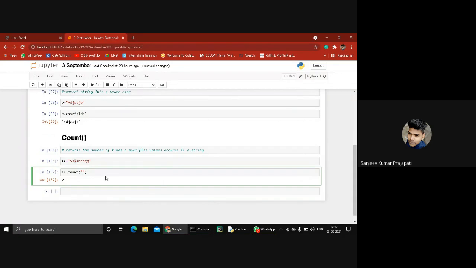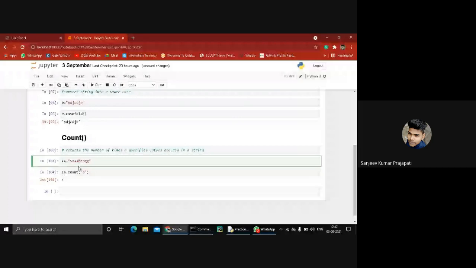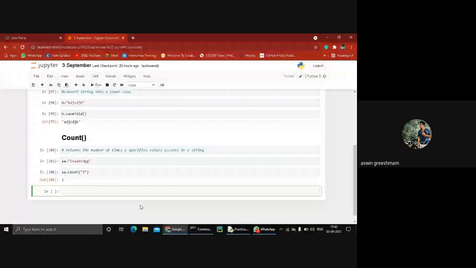Again type g, it returns two. And we write b, so it returns one because b occurs one time in the entire string. So got it how the count function works?